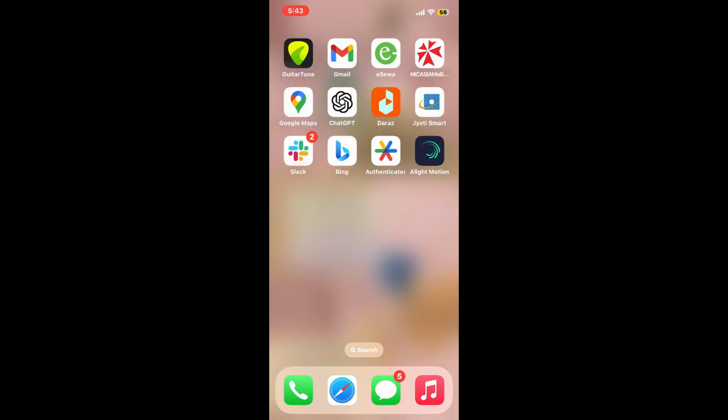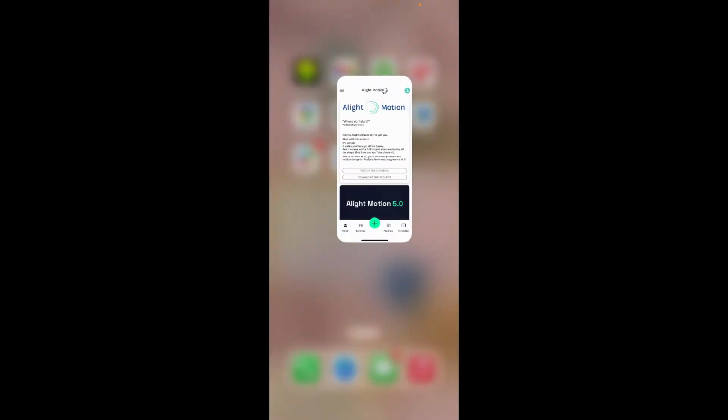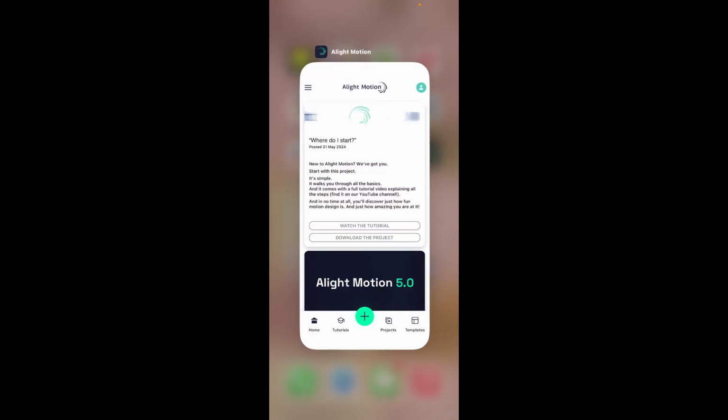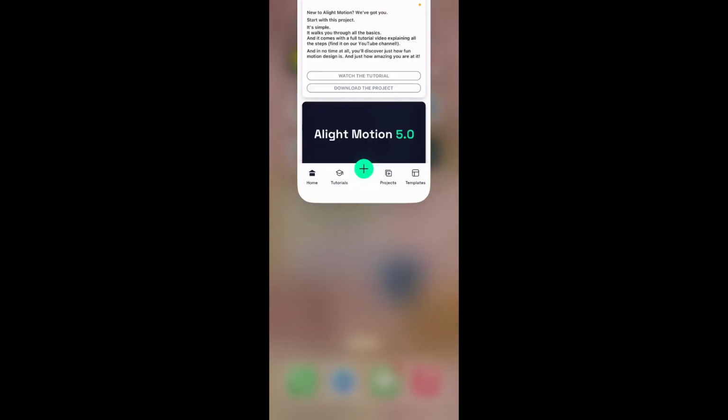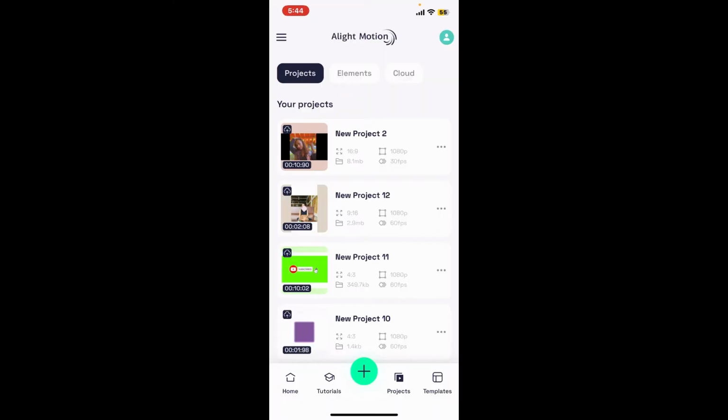So the first thing you can do is to close and reopen Alight Motion. Simply go ahead and swipe up from the bottom of your screen and bring up the app switcher card. Now, push upwards for the app switcher card and release. Sometimes a simple restart of the app can resolve temporary glitches that might be causing the export issue. Now once you force close your application, reopen it again. This time you can proceed with your export.